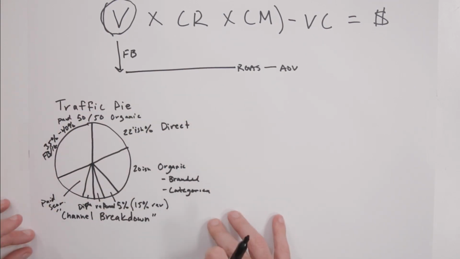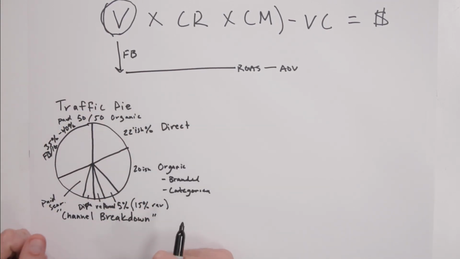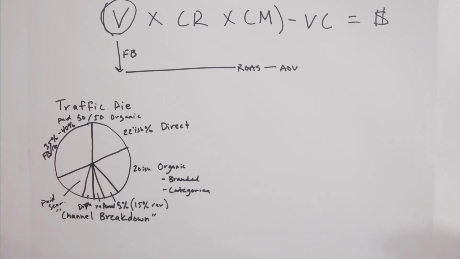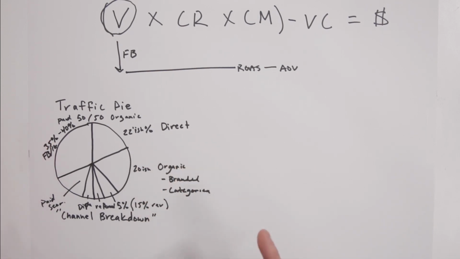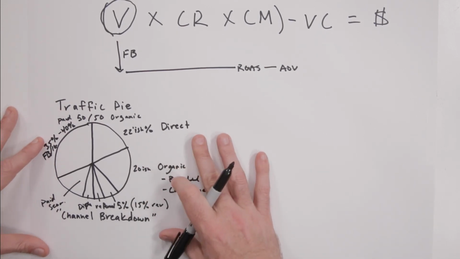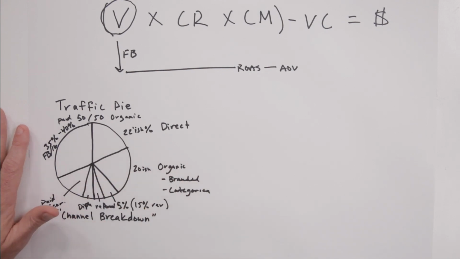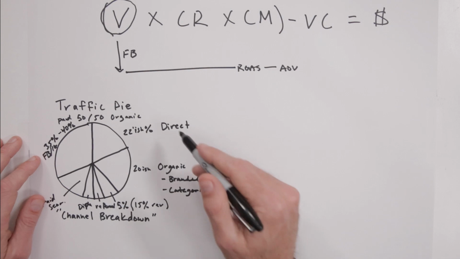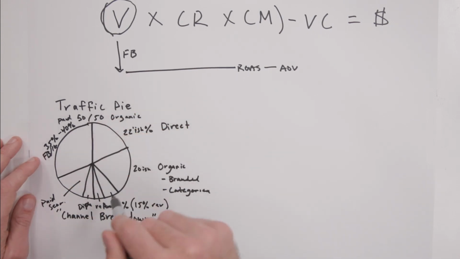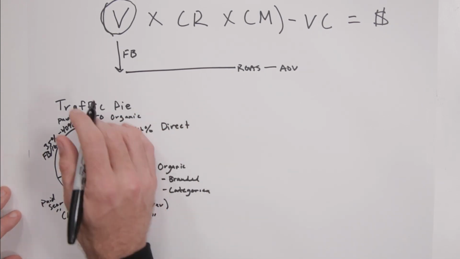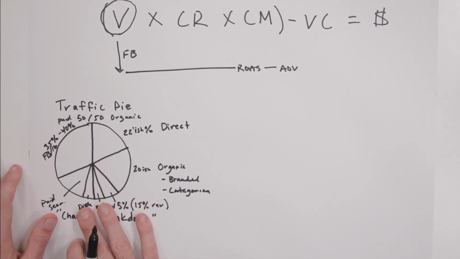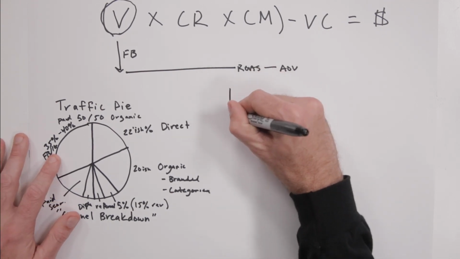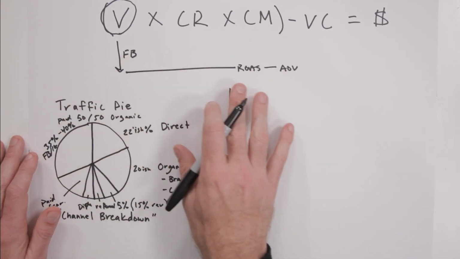So in an idyllic state, the more diverse your traffic pie is, the healthier your business. Just like an investment portfolio, the more over-indexed you are on any single channel, the more at risk your business is of experiencing a significant blow when a traffic reduction happens in that channel. One other channel that often will show up on the organic side is organic social. Making sure that your channel taggings are correct in Google Analytics is really critical to being able to examine this in a healthy fashion.